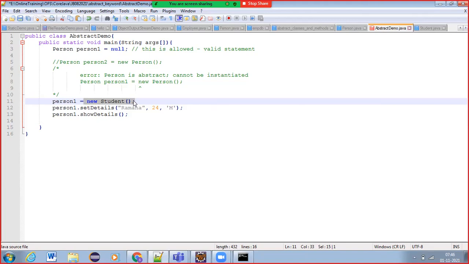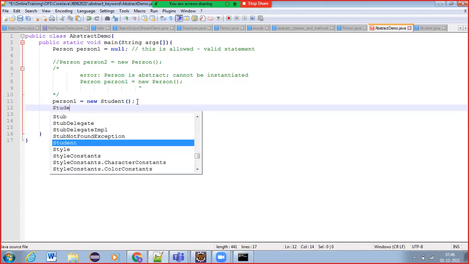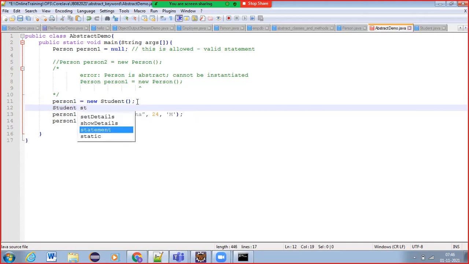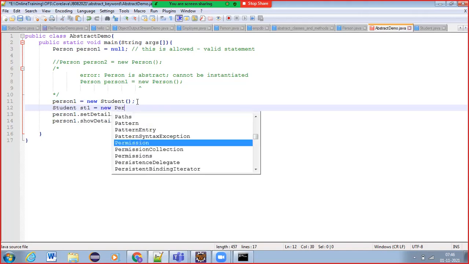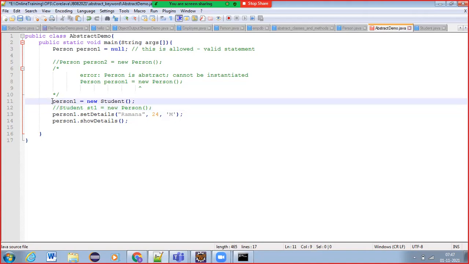It means you cannot write Student st1 equals new Person, like that you cannot do. This is not allowed. A parent class object you cannot store in a subclass reference. This is not permitted, but this one is permitted: parent class reference, subclass object.